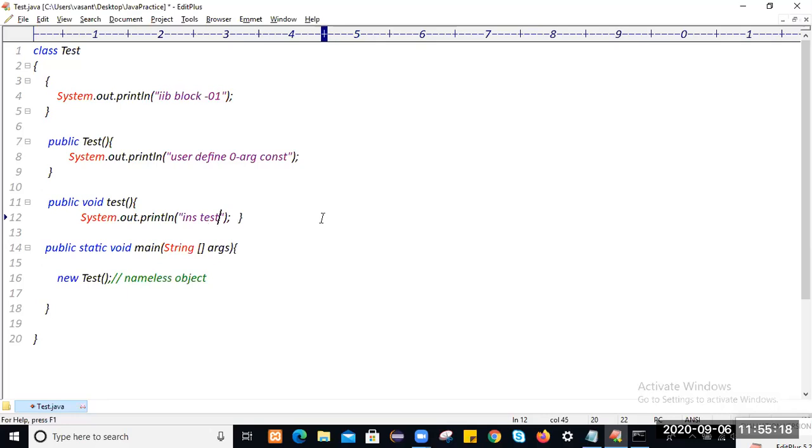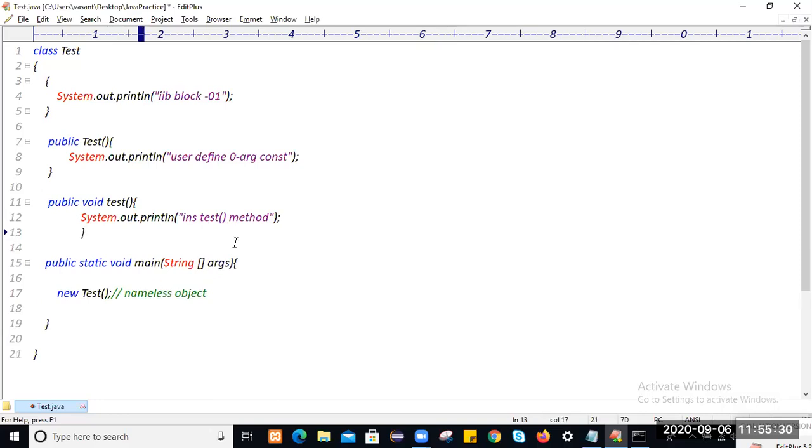This is the instance test method. Yes or no? We don't use any static keyword. That is why we call this method an instance method.